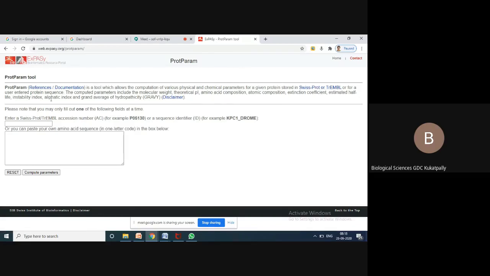If you just have to submit, there are so many ways you can submit your protein to this app. To this app you should submit your protein sequence. Here you can submit your protein amino acid sequence in one letter code form, single letter code. M means methionine, the initiator amino acid. In that one letter code you are supposed to submit the sequences here.